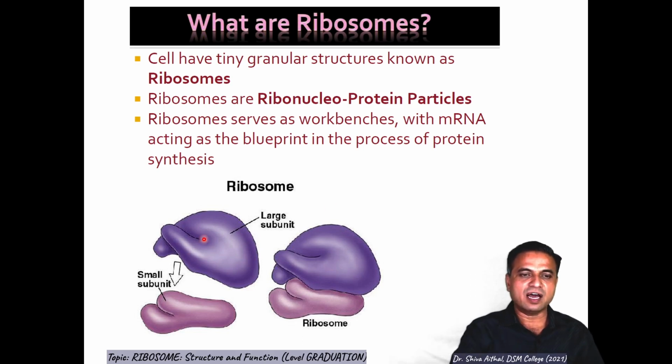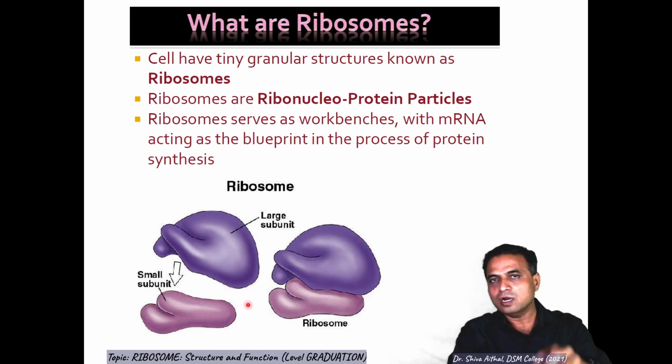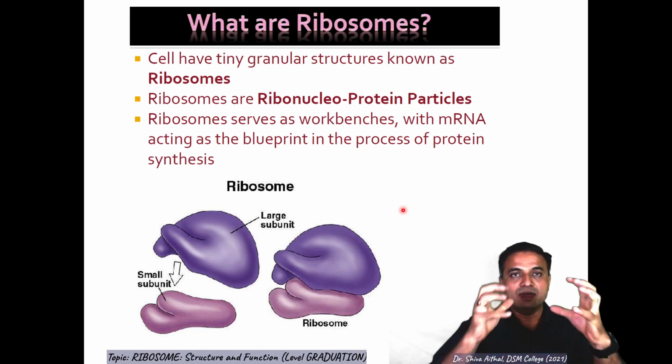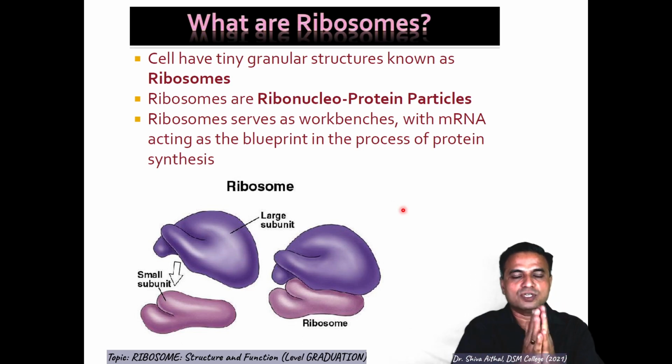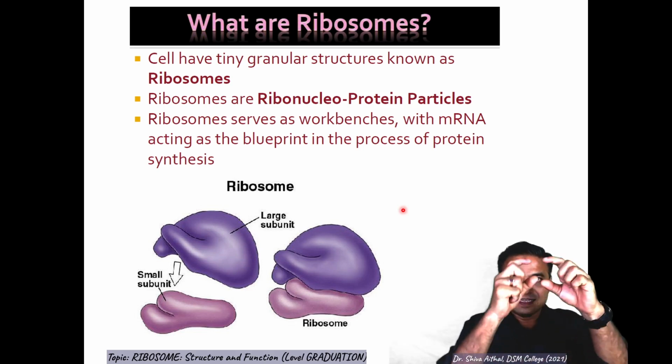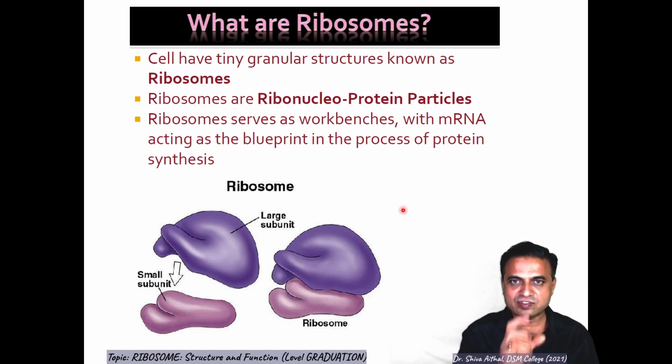They are made up of large subunits and small subunits. Why are they called large and small? Not only because of the size, but also because of their bulk densities. When they are placed in a solution known as a density gradient solution and centrifugal force is applied, they settle down. The time of settling down in a centrifuge machine is important. That is the characteristic feature of a ribosome.